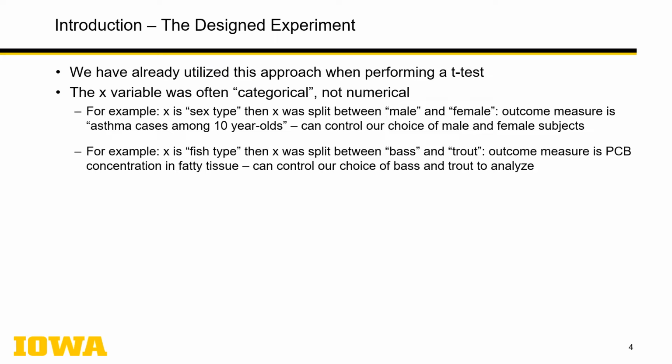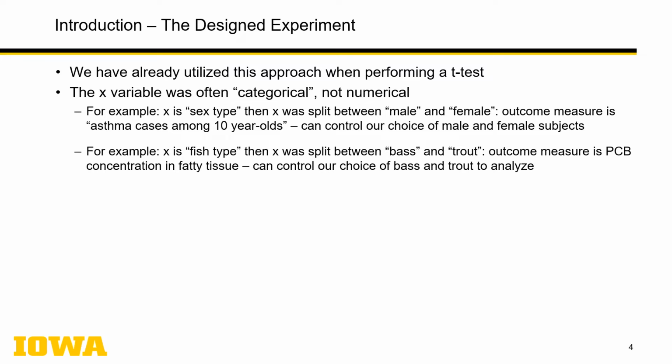Out in nature, X is fish type. Then the X was split between bass and trout. The outcome measure is the PCB concentration in the fatty tissue of the fish. So of course, in that case, we can go out and capture these fish, separate the bass from the trout, as long as we know the difference between the two of them, and then take them back to the lab, do whatever it takes to measure the PCB concentration, get, say, another 20 observations for bass and 20 for trout, and do a t-test. So we have control over this X variable, as you can see here, which is, again,